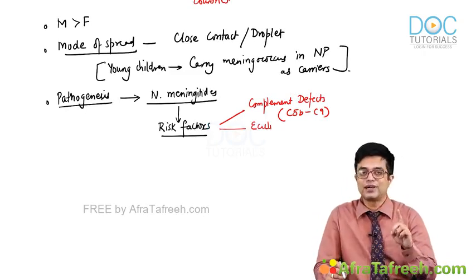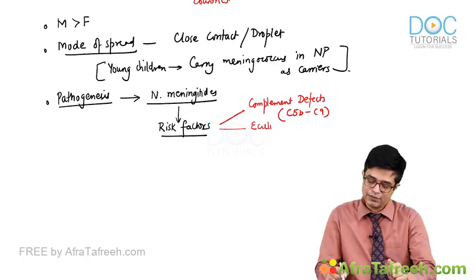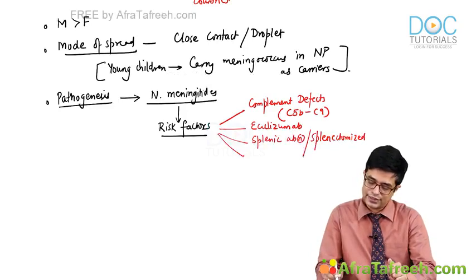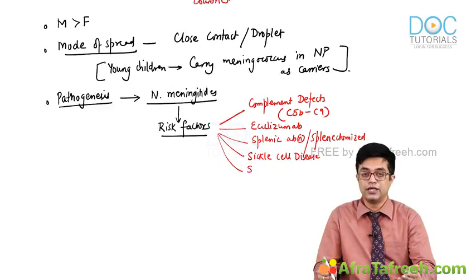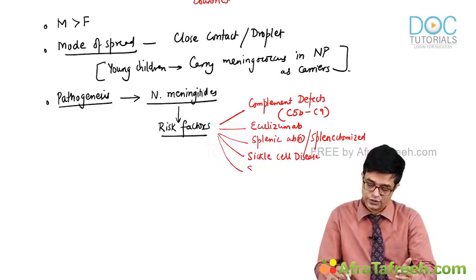Thirdly, capsulated bacteria are removed by spleen. So if the spleen is not functioning or absent, meningococcus will happen more. So splenic abnormalities or splenectomized patient who has not received any vaccination. And sometimes it is seen that sickle cell disease has increased risk, although the reason is not entirely clear. Finally, conditions like SLE, which cause complement depletion, have a tendency to cause increased risk of meningococcal infection. And finally,